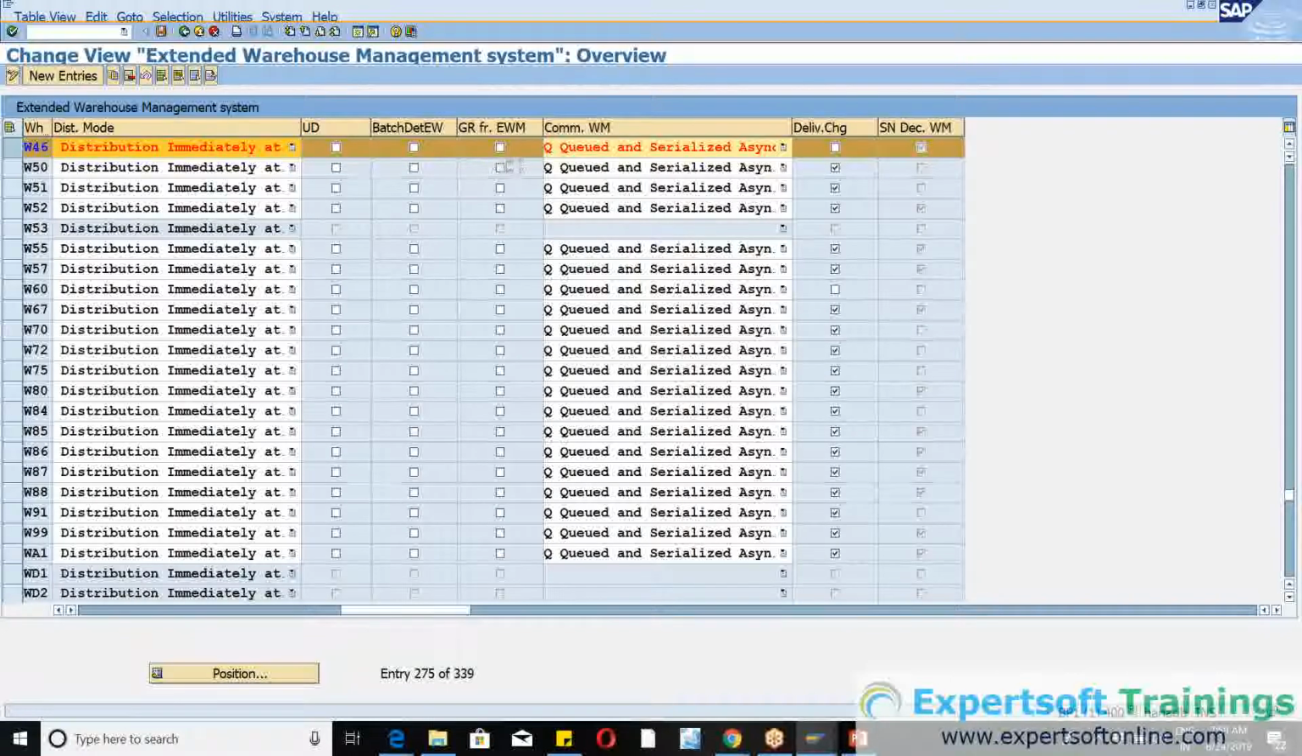Okay, if you want to create a new one, you can create it, but normally in a system it is advisable to have only one distribution model. We cannot have multiple distribution models. Okay, now